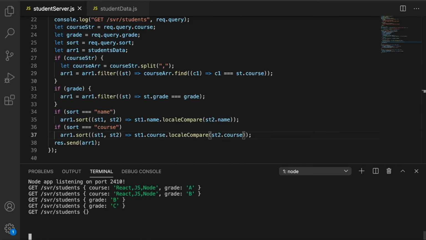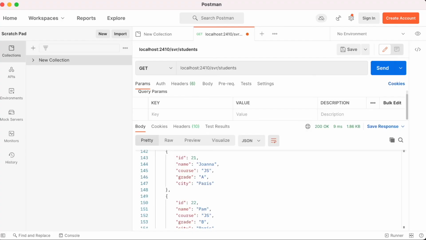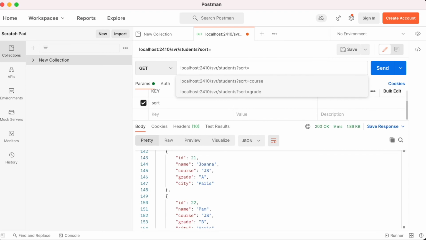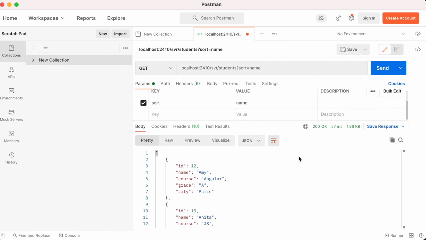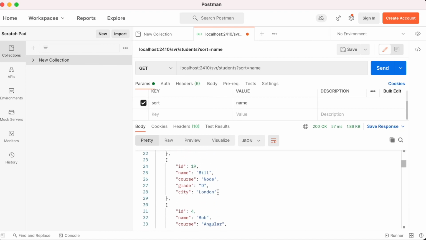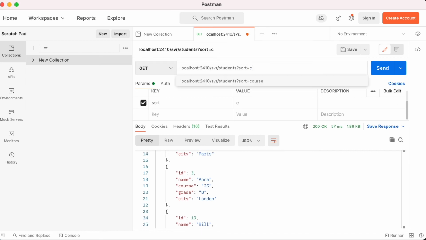Let's test it. So let's simply say sort is equal to name. So we get Amy, Anita, Anna, Bill, Bob. This seems to be working fine. Sort is equal to course.